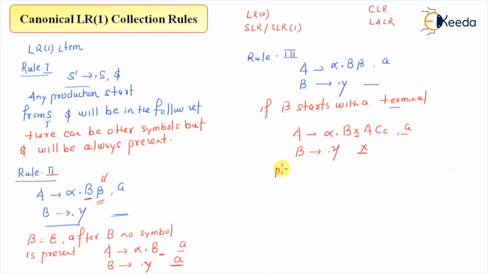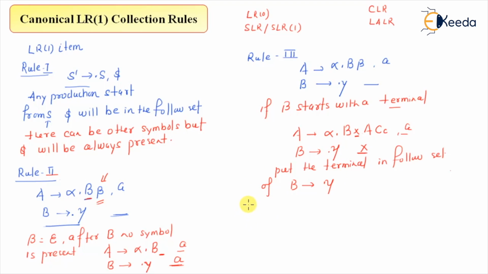So put the terminal in the follow set of beta, B derives dot gamma. Okay,